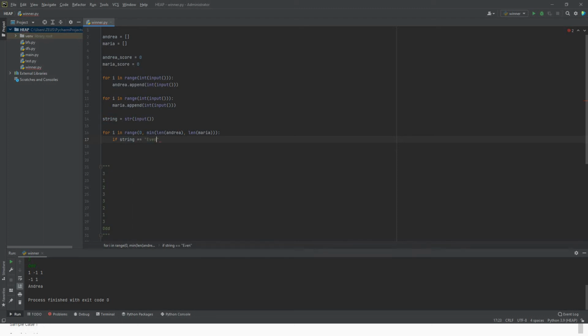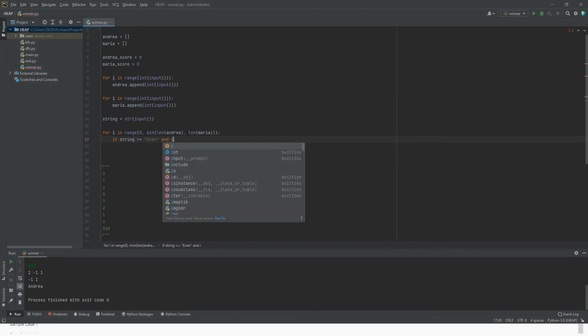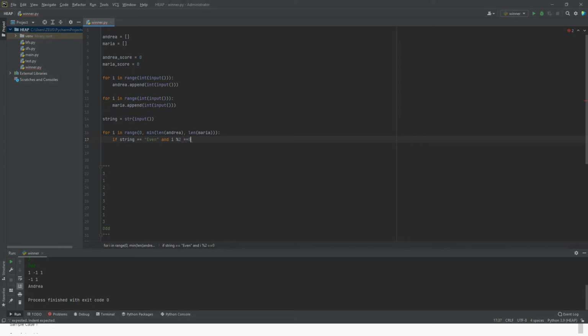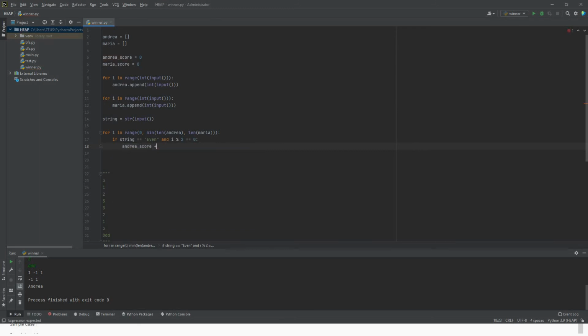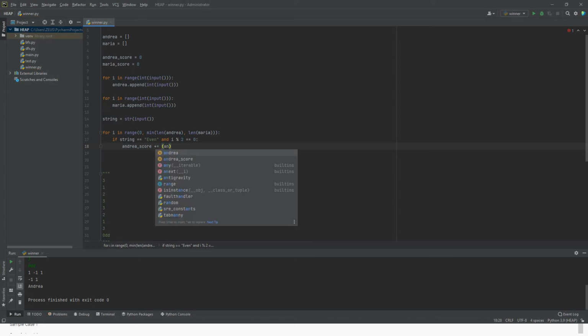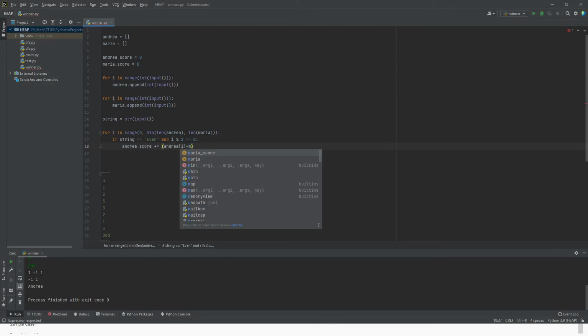So if it's even, one more thing we need to check: i percentage 2 should be equal to 0 in case of even. There could be a few other ways of doing it, but I think this would simplify the problem. So the cumulative score we are going to take, so it will be plus equal to Andres's card number ith minus Maria's card number ith,